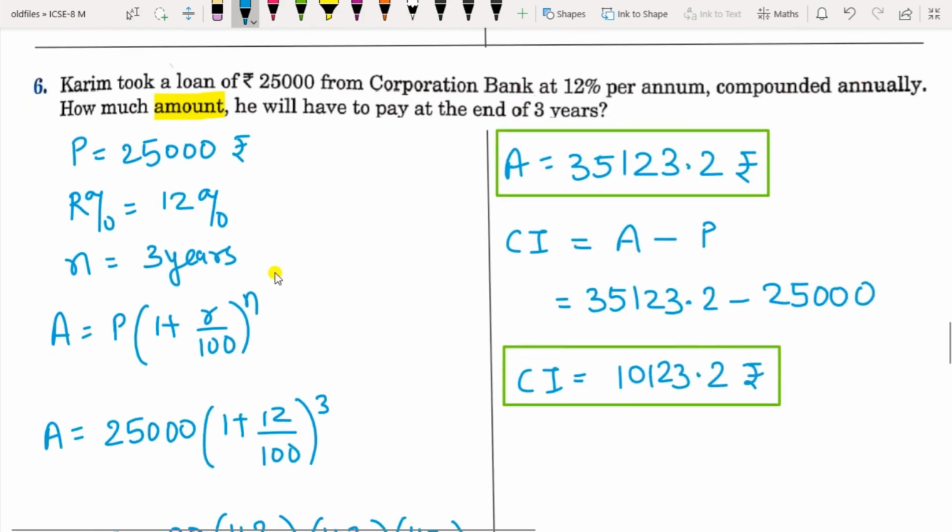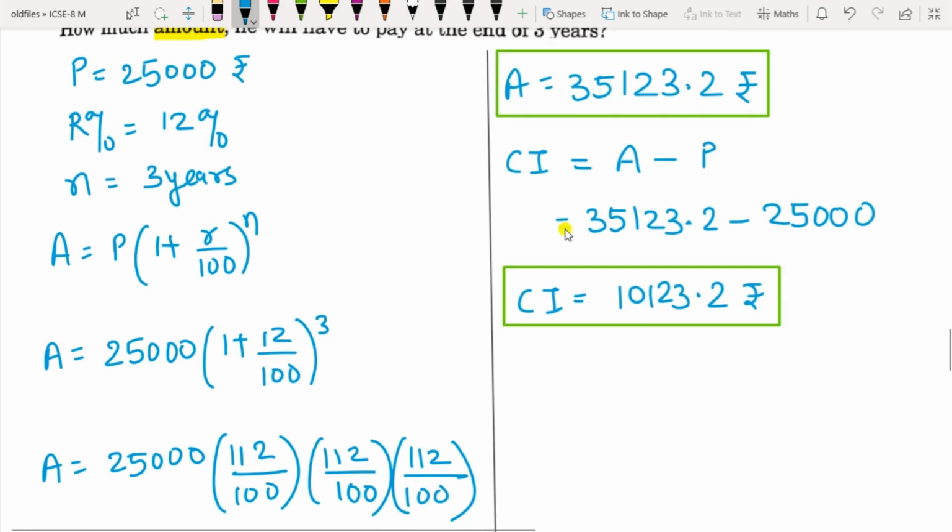Question 6 is, Karim took a loan of 25,000 from Corporation Bank at 12% per annum compounded annually. How much amount he will have to pay at the end of the 3 years? So P is 25,000, R percent is 12%, N is 3 years. A equal to P, 1 plus R upon 100 raised to N. So A is 25,000, 1 plus 12 upon 100 raised to 3. So solve this, you get the answer here for A as